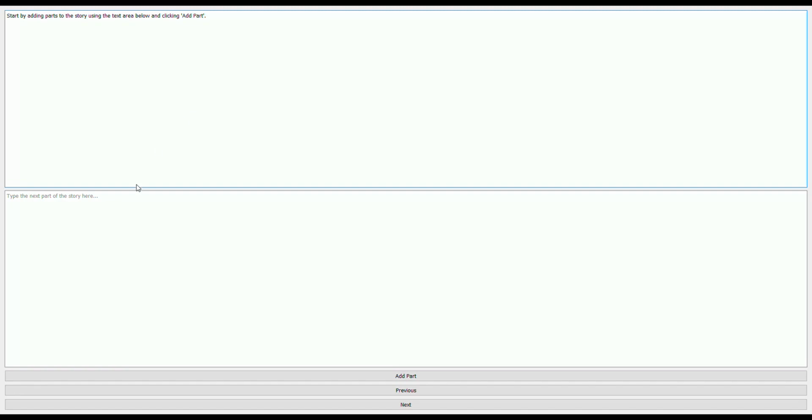So here in this box you can type text to add parts for a story. We don't have any story yet, so let's start typing something.